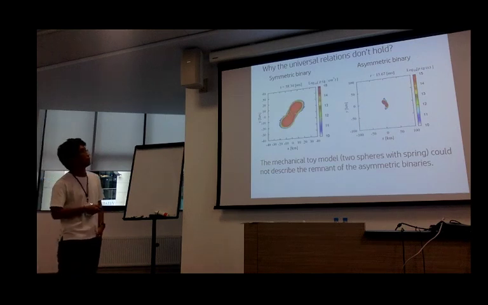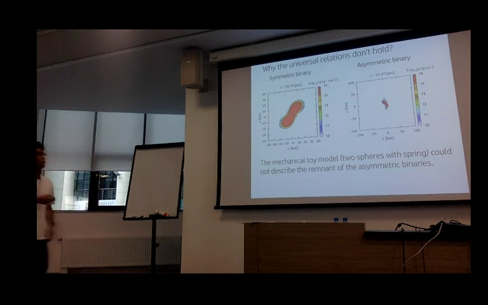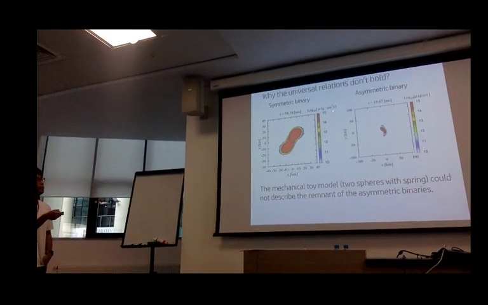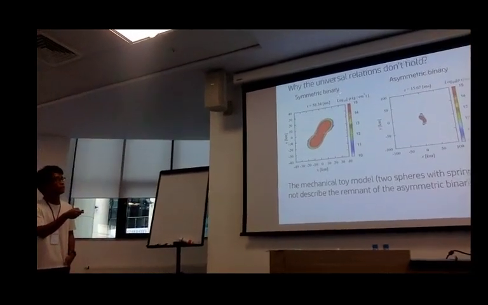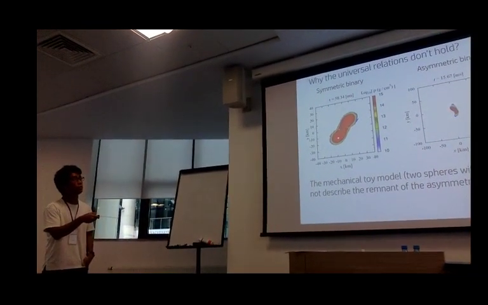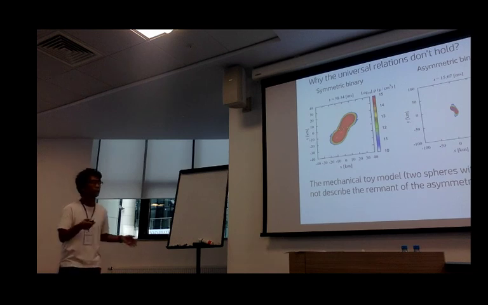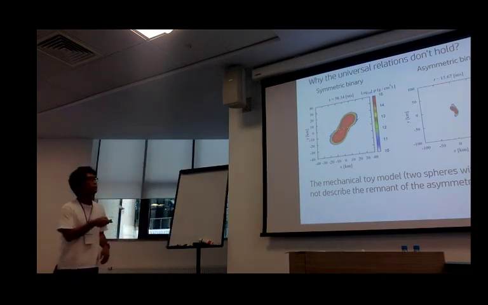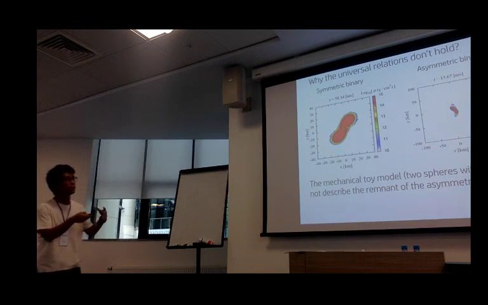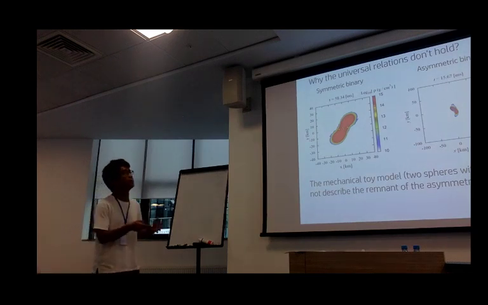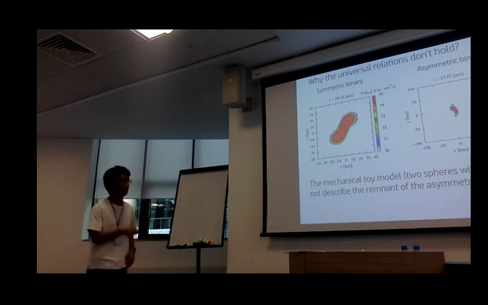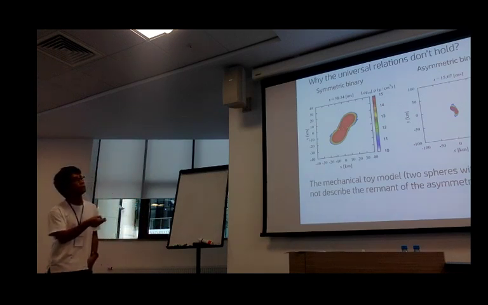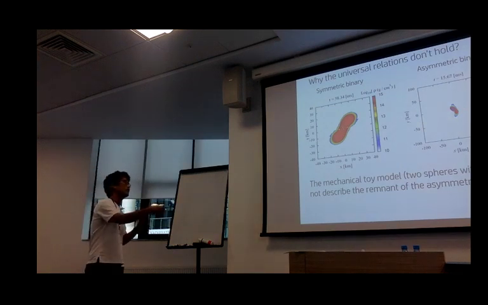So let's come back to the rest mass density for the symmetric binary and asymmetric binary. Again, the left-hand side of the figure shows the symmetric binary case. So you have two dense cores even after the merger, and this dense core survives longer than the dynamical timescale. On the other hand, for the asymmetric binary case, the less massive neutron star is tidally